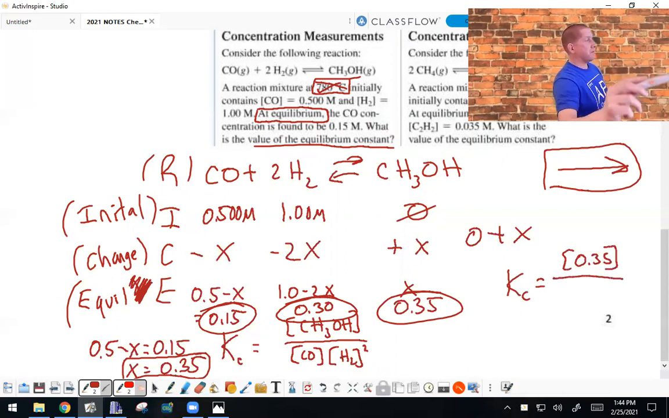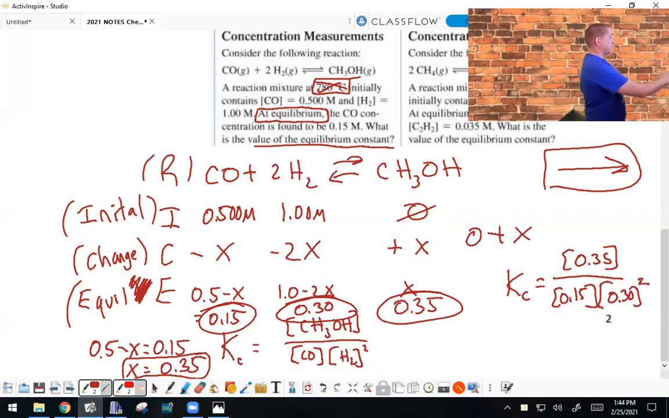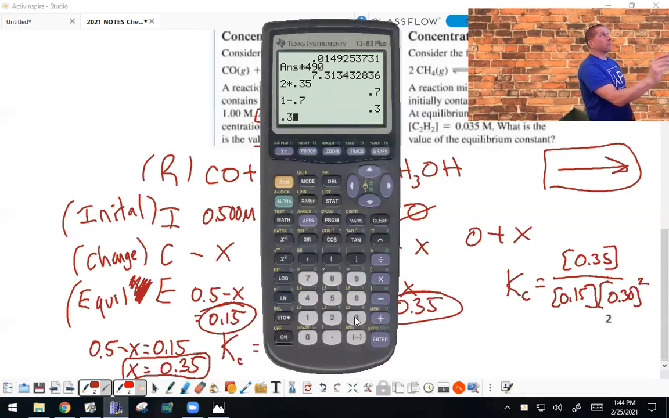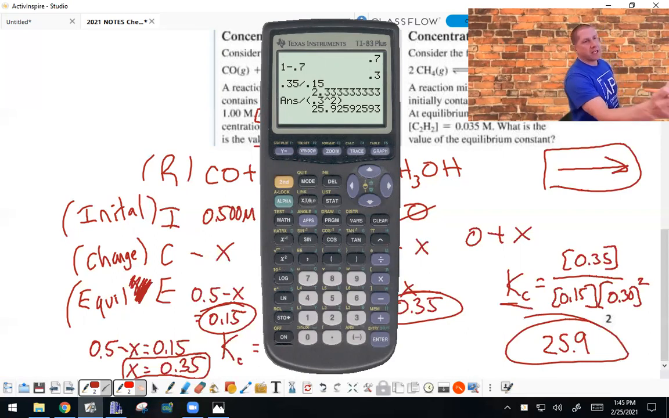0.35 over 0.15 times 0.30. Don't forget the square. 0.35 divided by 0.15 divided by 0.3 squared. And we got 25.9. Now, I didn't mention this yesterday, and I should have, but the K values are unitless,